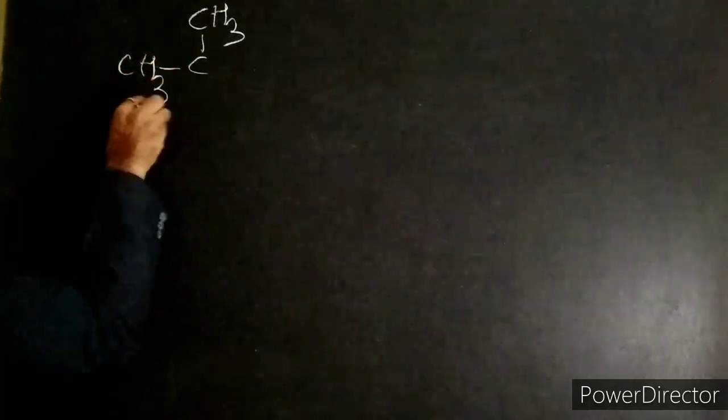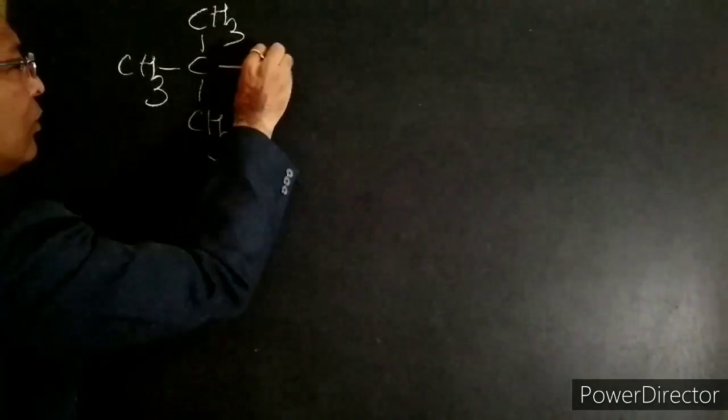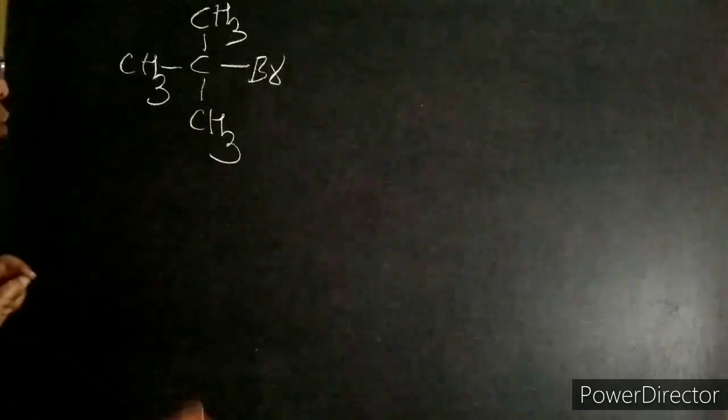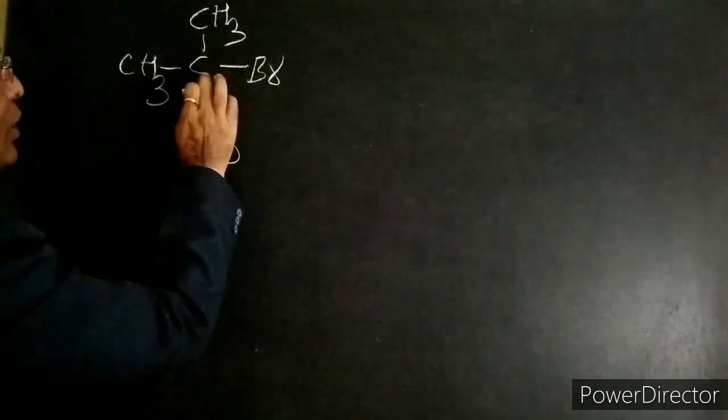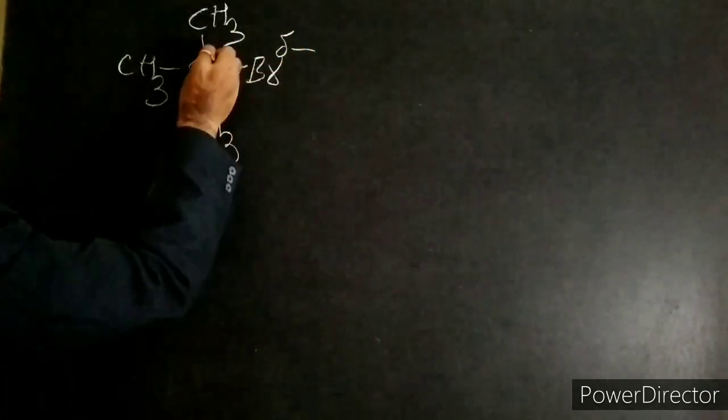The next question arises: why does the nucleophile follow the SN1 reaction mechanism path when bulky groups are present on the carbon atom? I give you the answer. The reason is, you know that the carbon and halogen bond is polar in nature. Halogen is partially negative and carbon atom is partially positive.